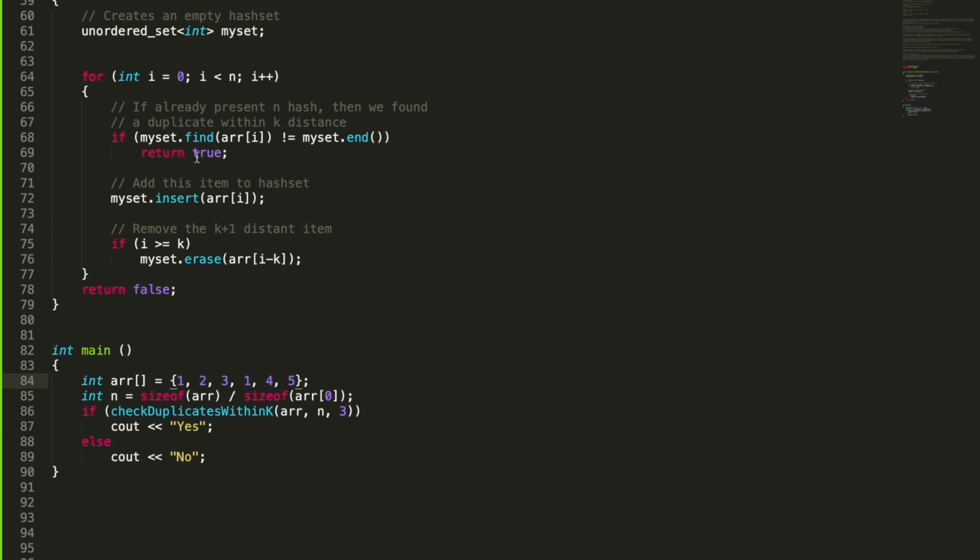This means that you have found a duplicate value, because you are not fulfilling this condition. But in case, instead of 1, you had an element which is 7 here, at that point you would have removed this element 1 from the set and inserted 7 in its place. So this is how this code is going to work.